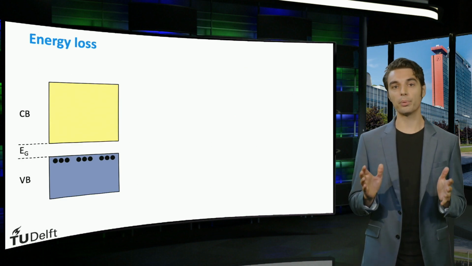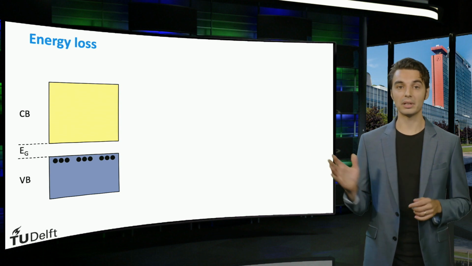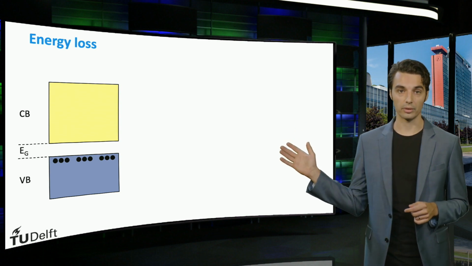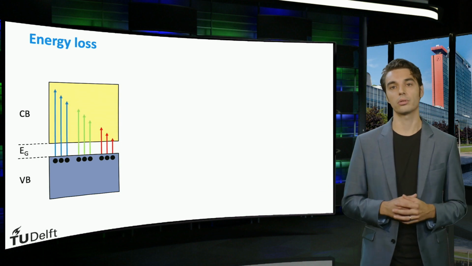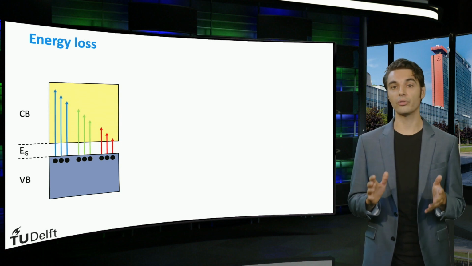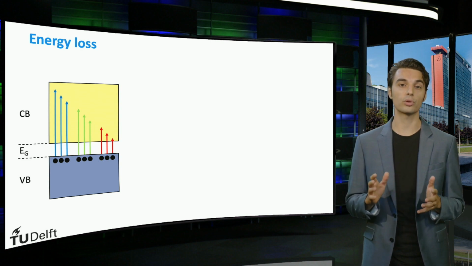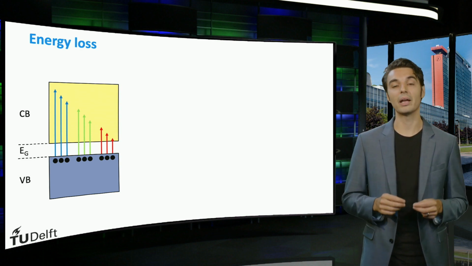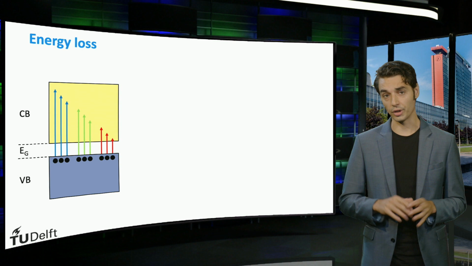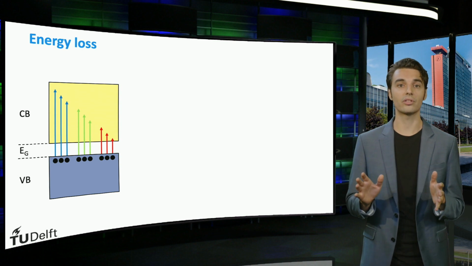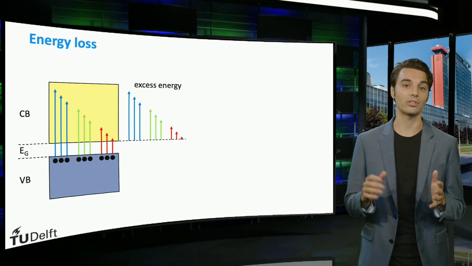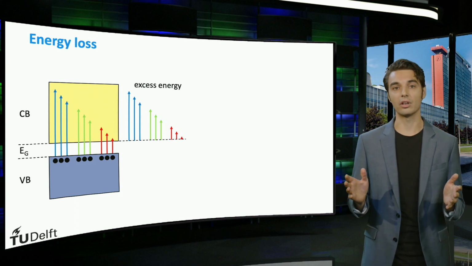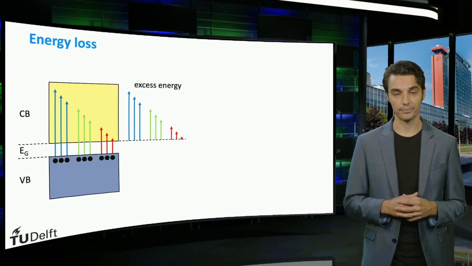The origin of the performance increase can be visualized by this Venn diagram of a semiconductor. We illuminate the semiconductor with a full spectrum of photons. All photons with energies above the bandgap are able to excite electrons from the valence band to the conduction band. The green and blue photons, however, are excited high into the conduction band, which means that they have a large amount of excess energy. This excess energy is lost due to thermal relaxation.